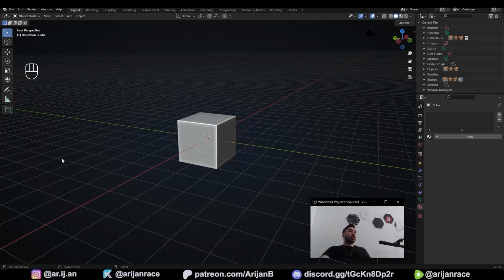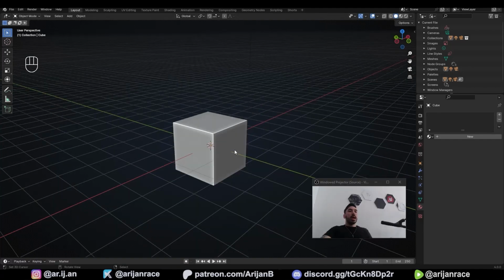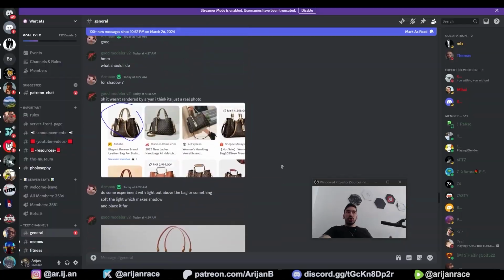First of all, I'm going to quickly familiarize you with the interface that you're looking at right now, just in case this is your first time ever opening Blender. And if anything I explain is going to be too fast for you, you can always roll back the video a couple of seconds. You can always drop a question in the comment section, or you can join our massive